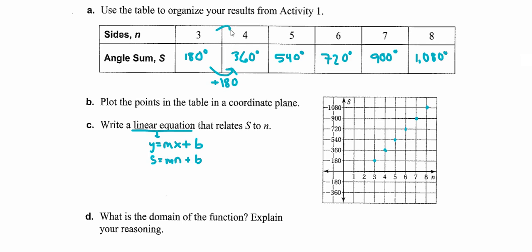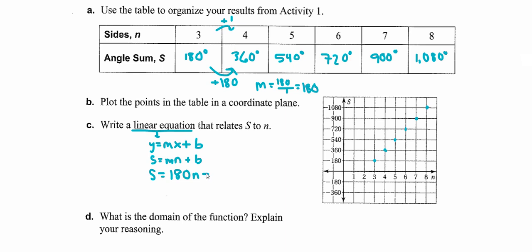Well, my x's, or my n's, are going up by 1. So my slope is 180 over 1, or just 180. And you can get that from the graph as well. Rise over run. You're rising 180, running 1. So I'm going to plug in 180 for m. And then I have n